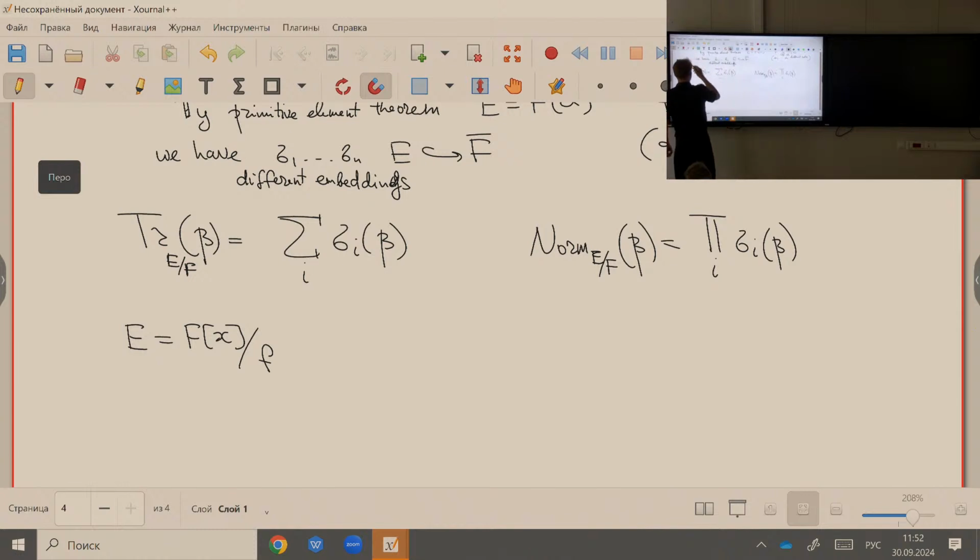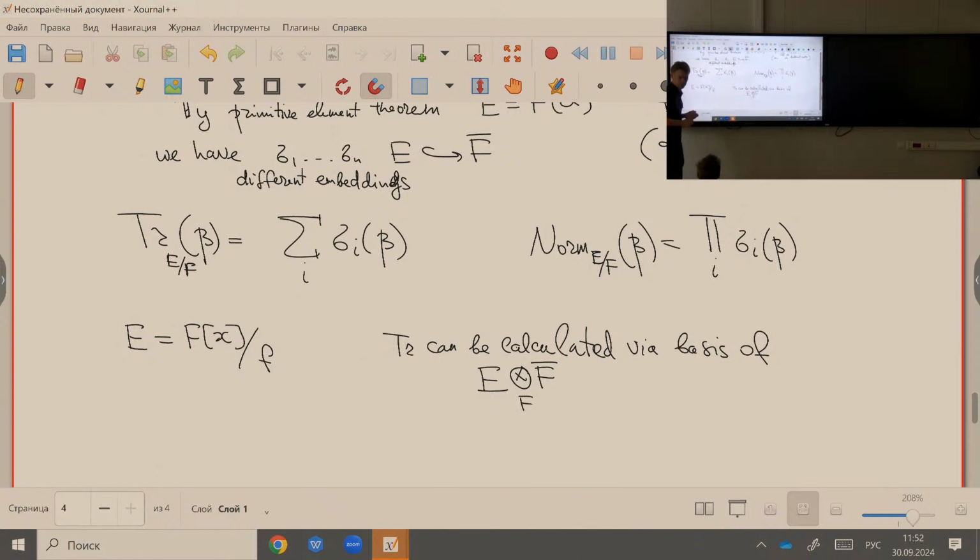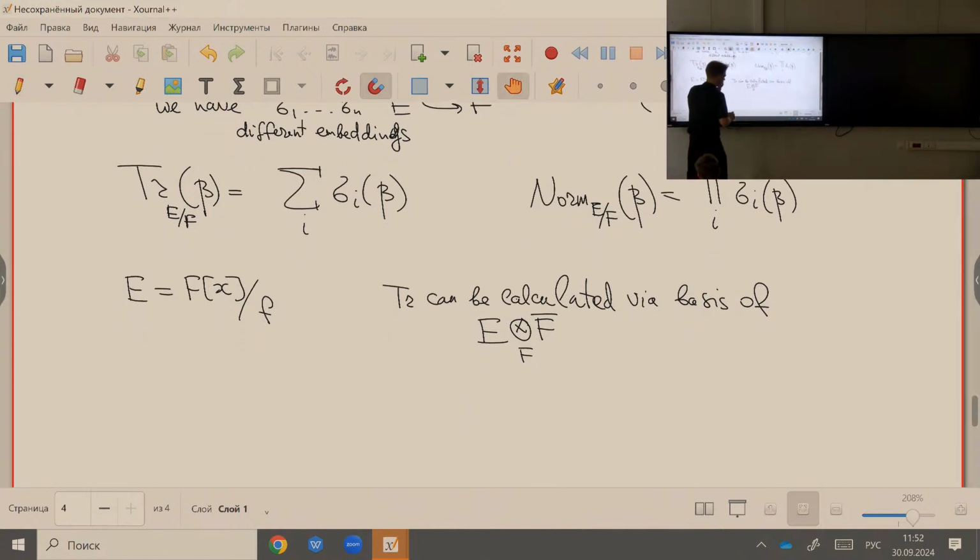As we have already noticed, the trace can be calculated via a basis of E tensored with any field, for example the algebraic closure. Then it can be calculated by writing multiplication by beta